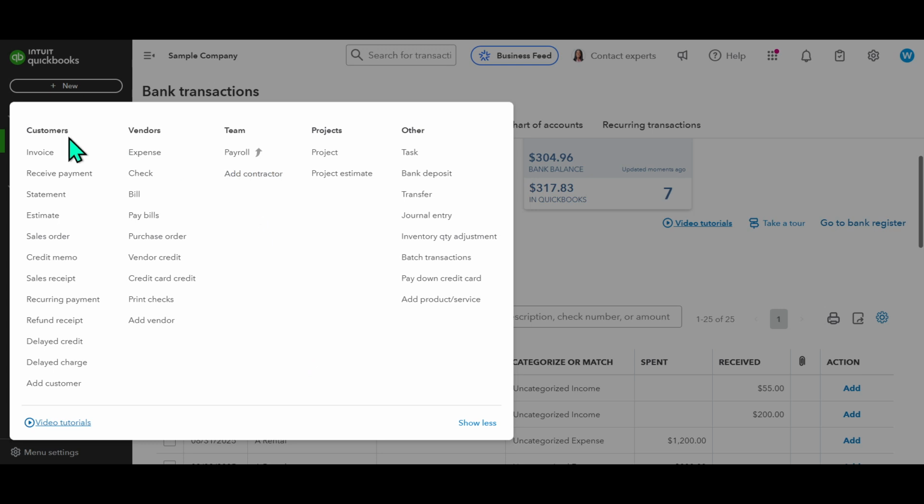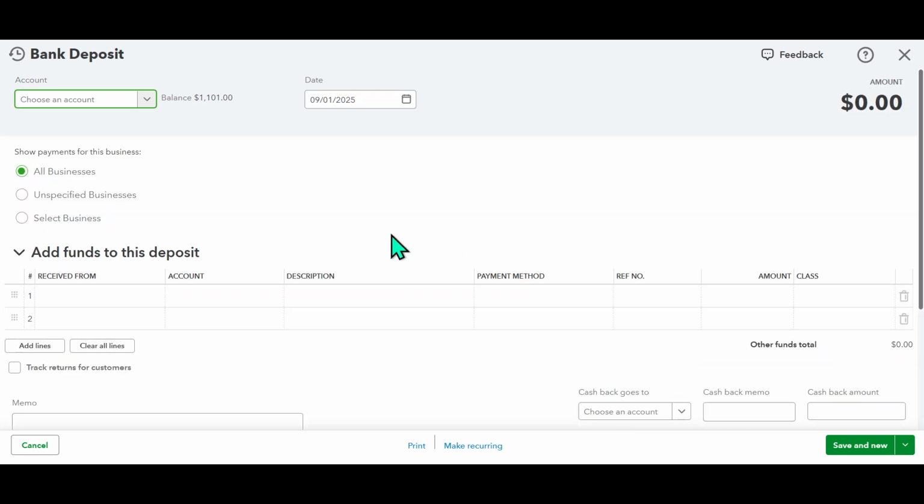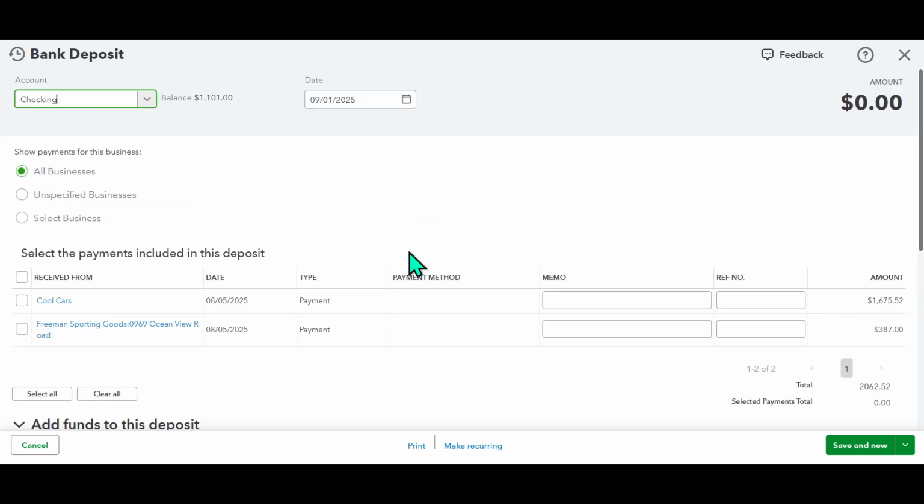Once you've opened the menu by clicking on New, we'll now choose the Bank Deposit option. Selecting Bank Deposit will bring up a comprehensive list of your received payments that are ready to be deposited. This screen essentially acts as an overview of the payments you've accepted and are currently scheduled to be deposited into